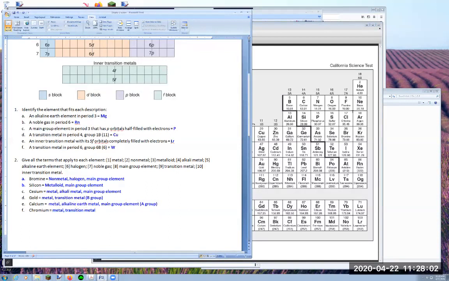Is there something else we can tell? Is it a main group element? No, because it's a B group, so it cannot be a main group element. So I think that's